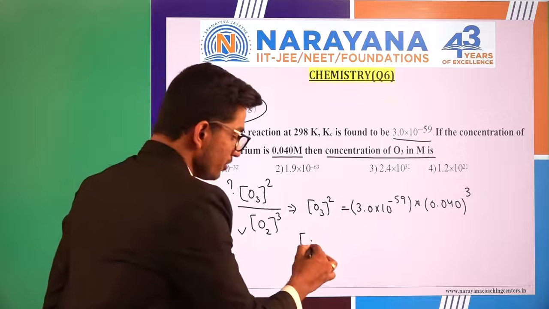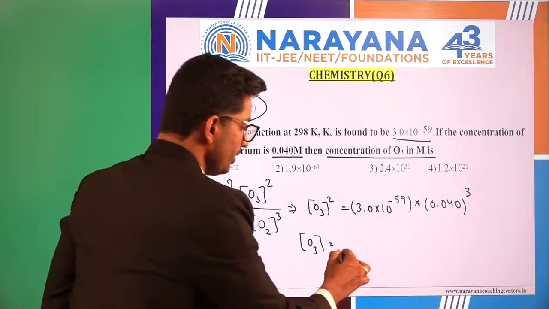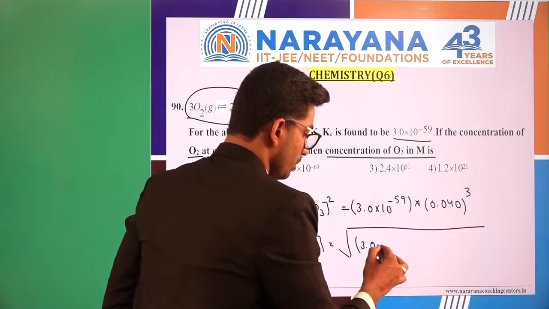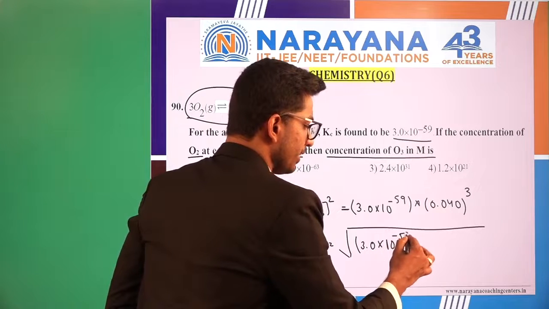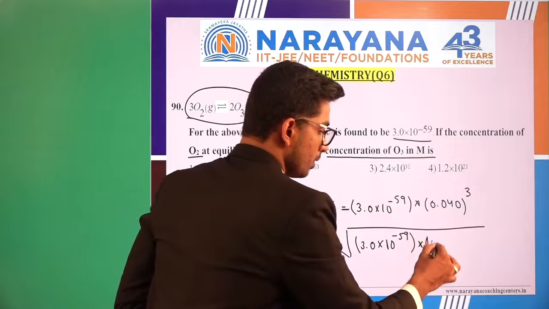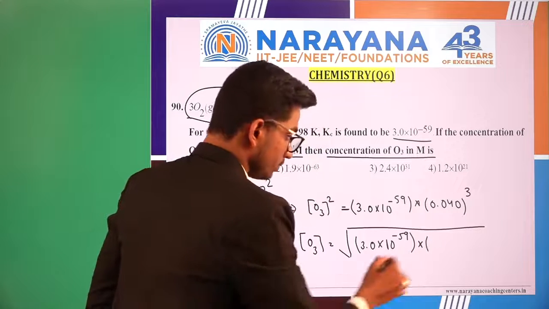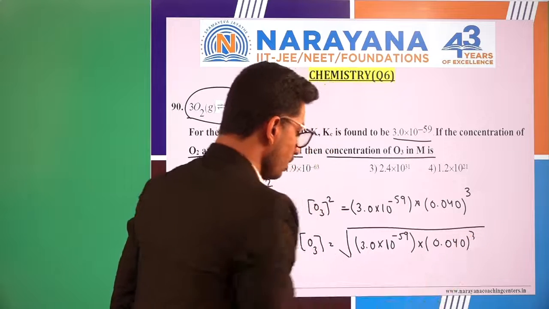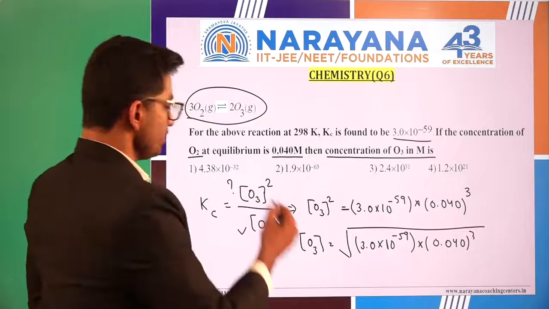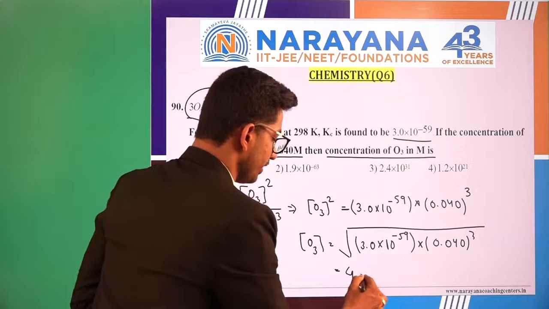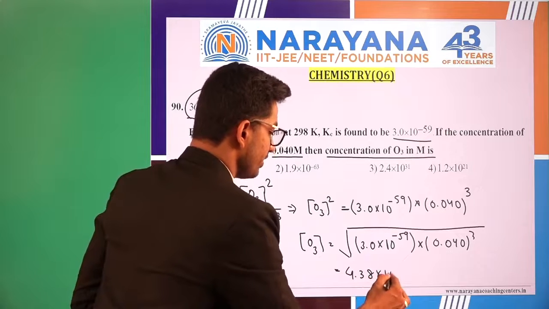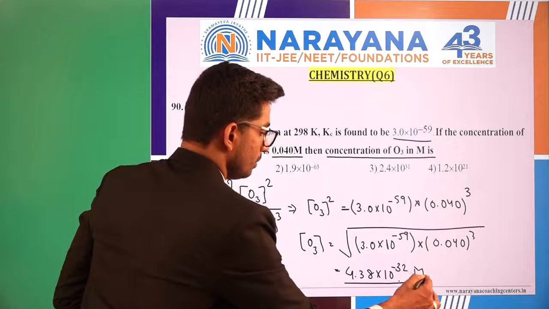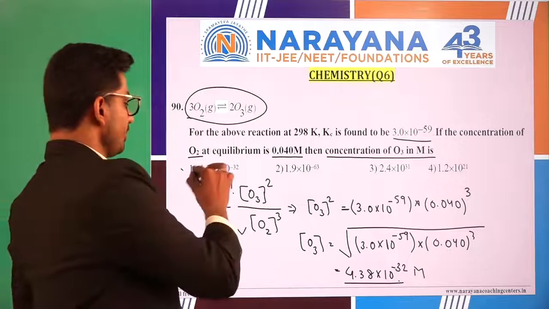So concentration of O3 is just going to be the square root of 3.0 into 10 to the power minus 59 into 0.040 whole cube, and when you solve this you will get the value as 4.38 into 10 raised to the power minus 32, and this will be in molar concentration. So basically the answer will be option number